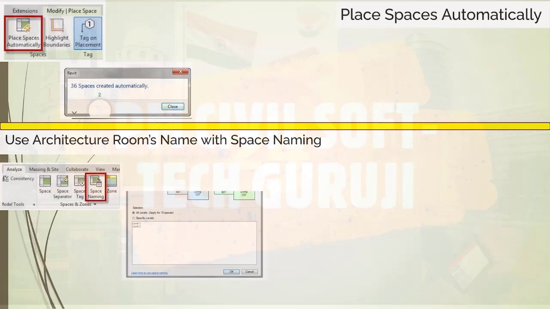Click the Space Naming tool. The tool will offer you the following options as shown in the figure. Select all levels or select specific levels. Change the options if necessary, then click OK to change the names.